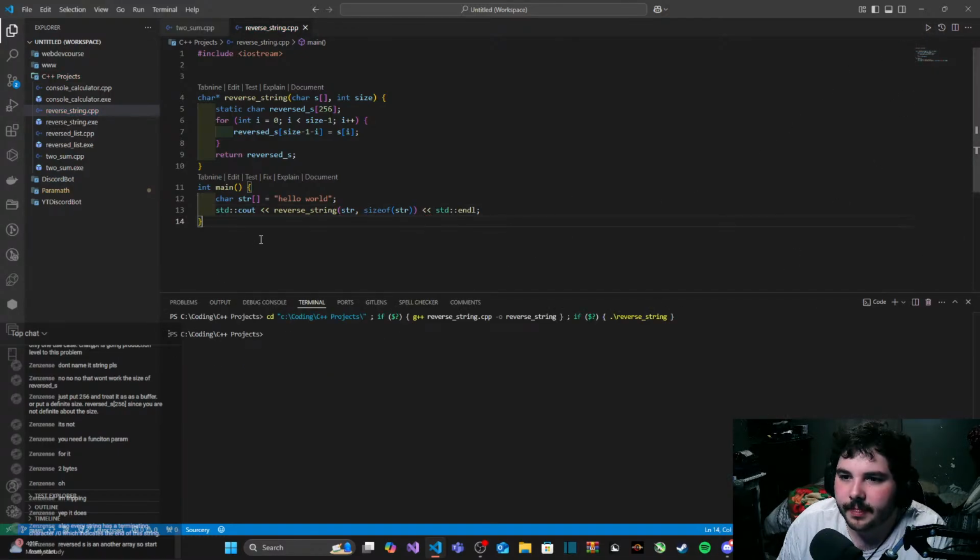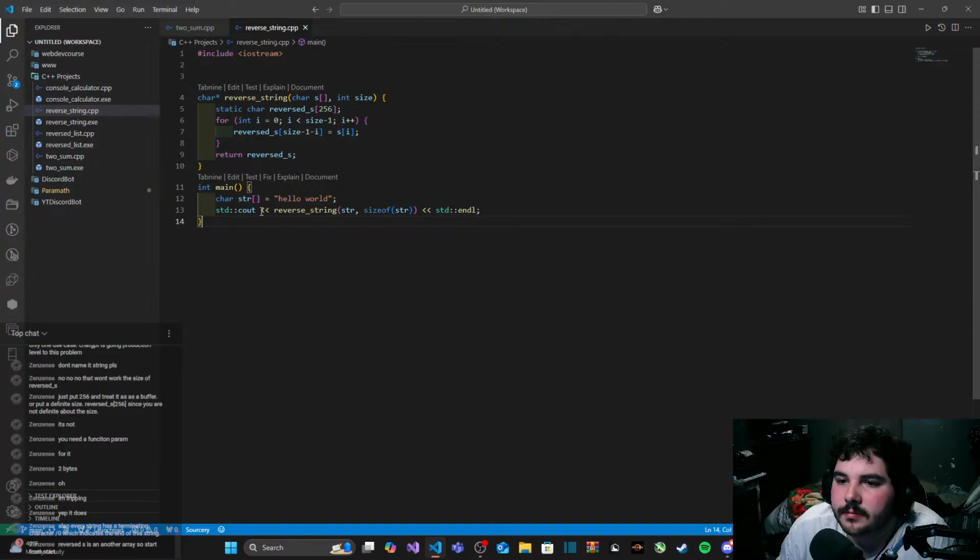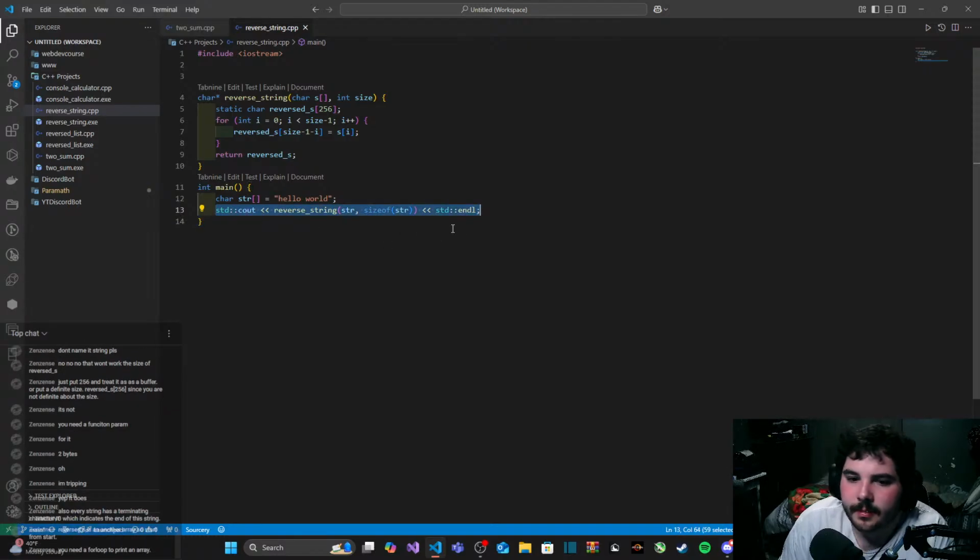And that did not work. I got an empty output. Why is that? Oh, that's right. I keep forgetting I do need a for loop. Crap.